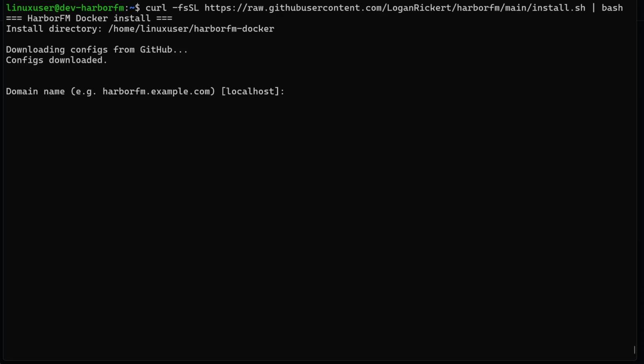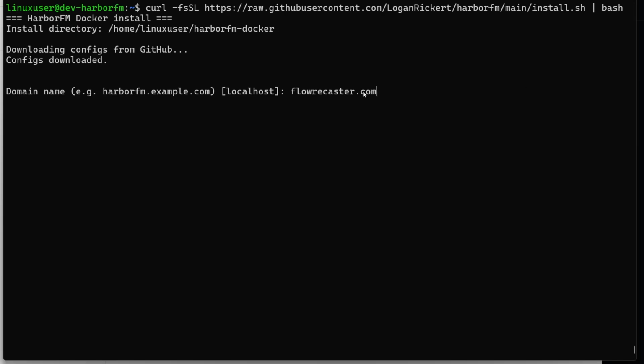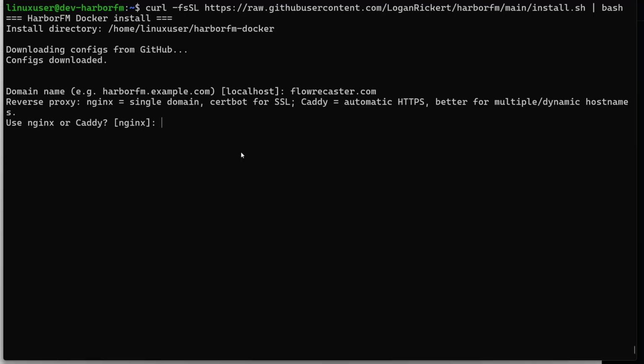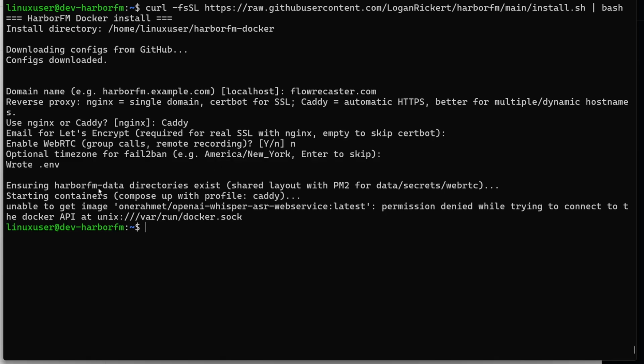domain name. Now in this case, if I go back, it is going to be this main management plane. So I'm going to paste in flowrecaster.com. And then I'm going to say Caddy. Then email, I can skip because I'm not using Nginx. I am not going to install WebRTC for the moment. We're going to do America to New York,